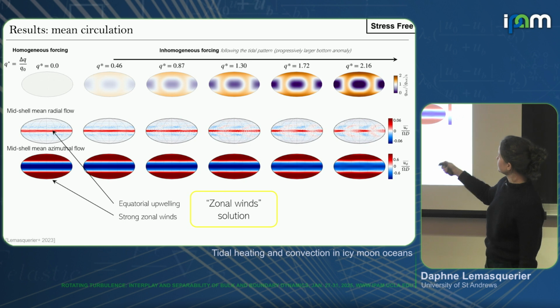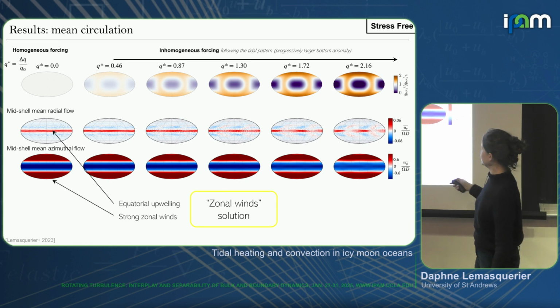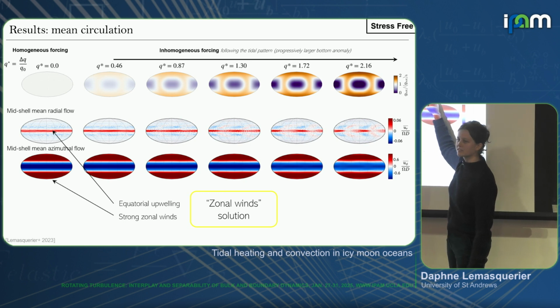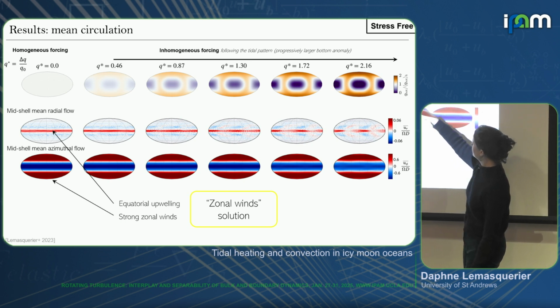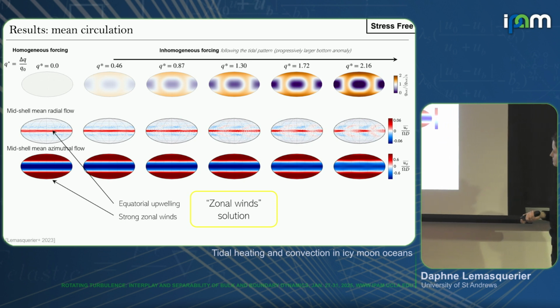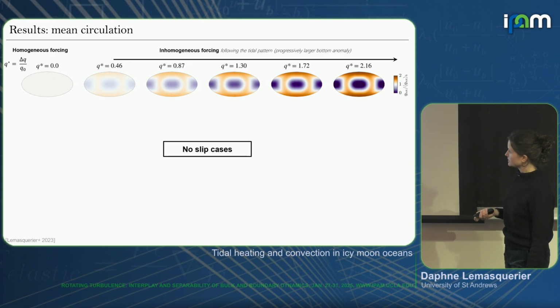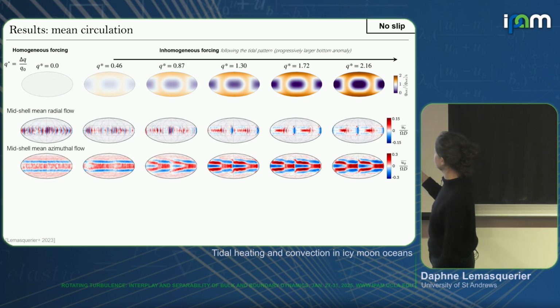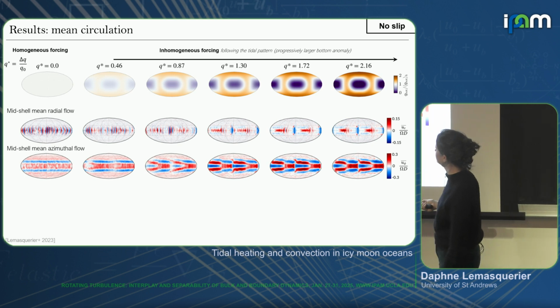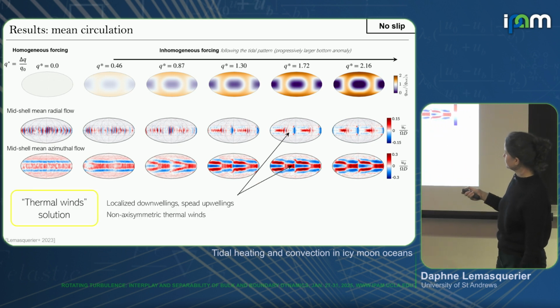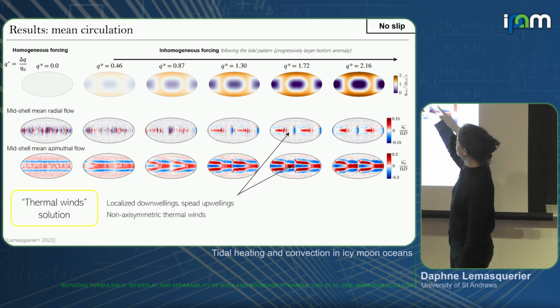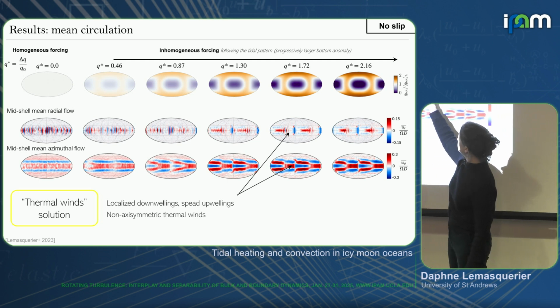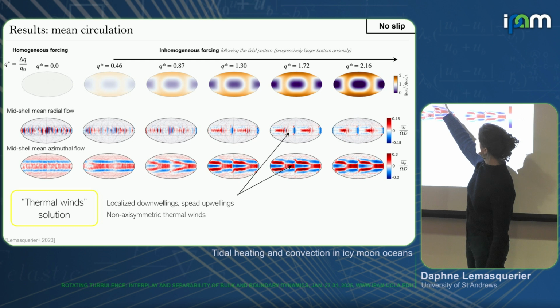And in terms of the effect of the heterogeneity, it just seems to basically modulate the intensity of the convection in this case. If you look at no-slip cases, this is what you get. So again, I'm showing the same radial and azimuthal component of the velocity, and you get a very different picture. So what you see is that as you increase the heterogeneity, there are 2 quite intense zones of downwelling that